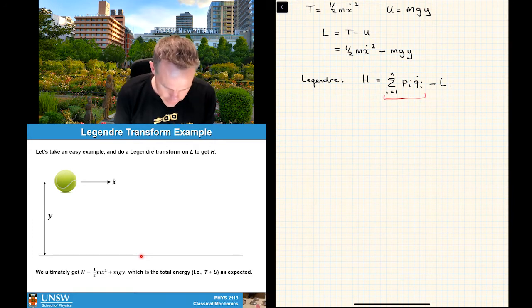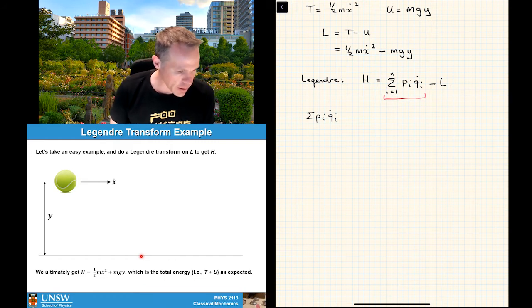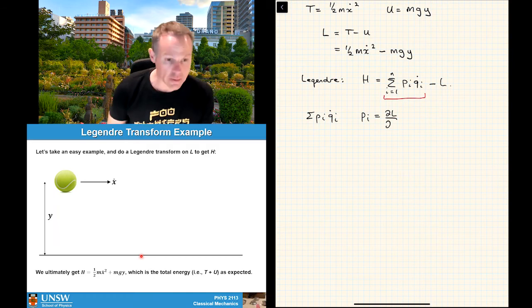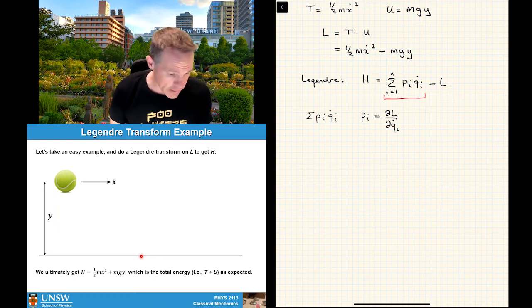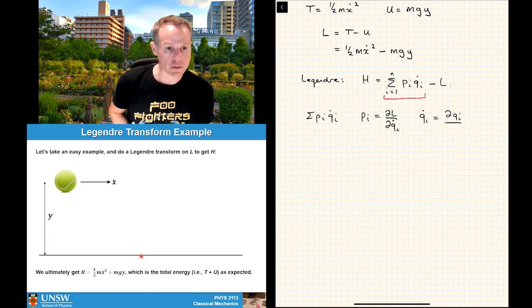So what we're going to do is deal with our p_i q_i dot terms in here, okay? And in particular, what we know is that we have p_i is equal to dL on dq_i dot. That's just the definition of canonical momentum. And we also know that q_i dot is essentially the derivative of q_i with respect to time. Okay,